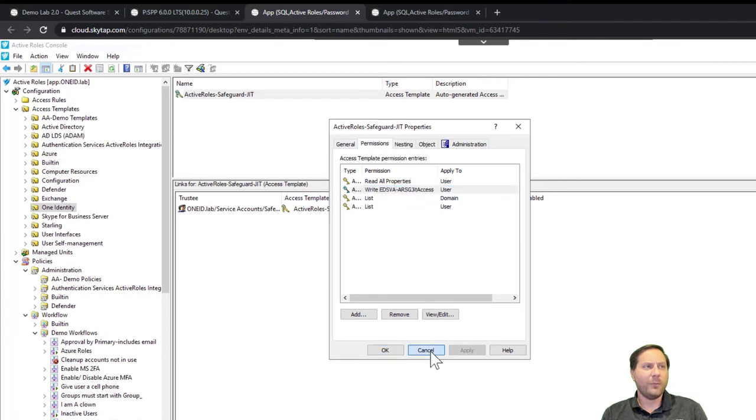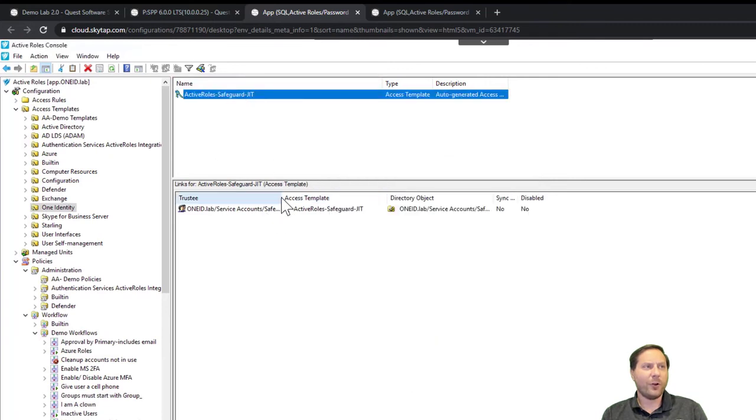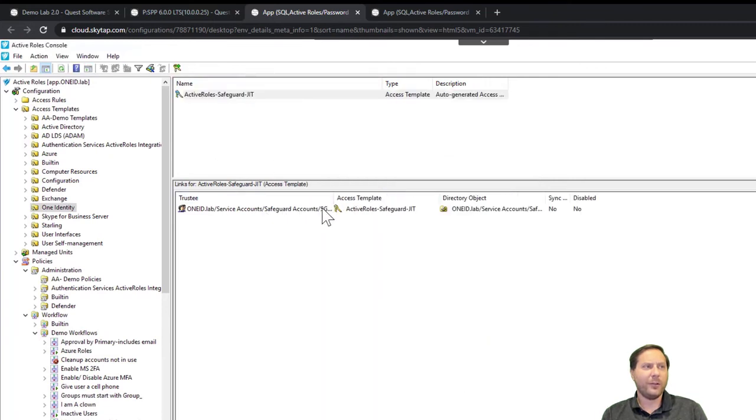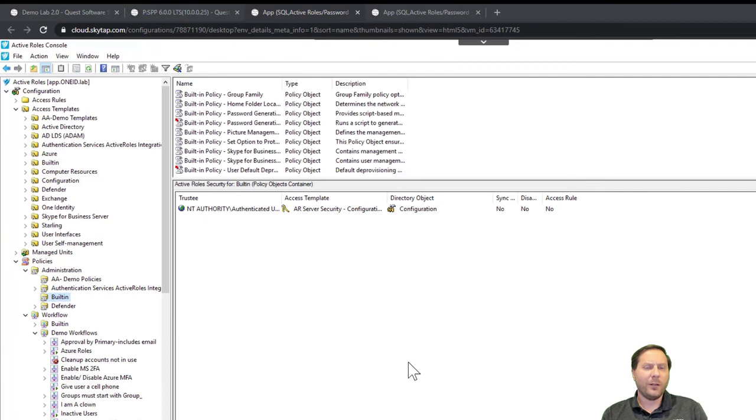So what we've done is we basically set that virtual attribute for our service account user, who is way deep in there, my just-in-time user. He's my service account user. And we've set that access template over that service account OU. The other thing we have is somewhere in here, we have a policy that makes sure that we don't do anything weird. So we have the access template and the virtual attribute. And between those, then we're able to basically do everything that we want to do on the Active Roles side. So I think you have a pretty good sense of how this works on Active Roles.